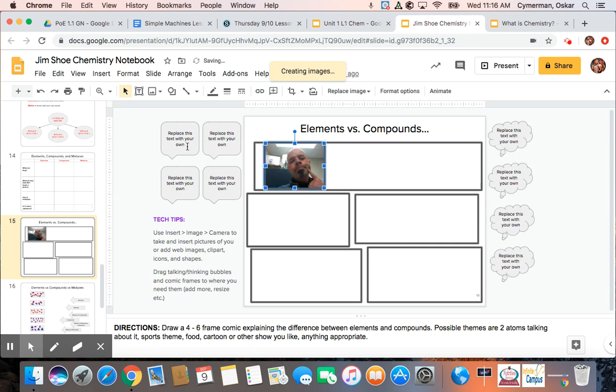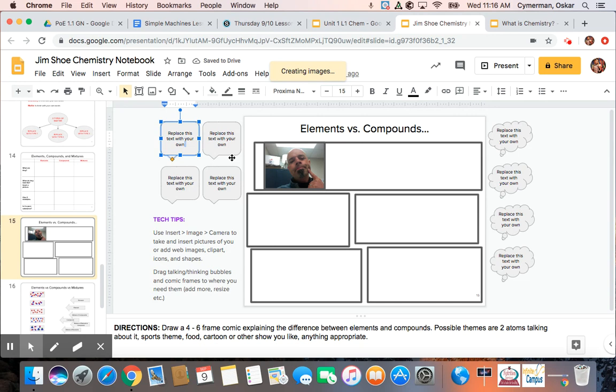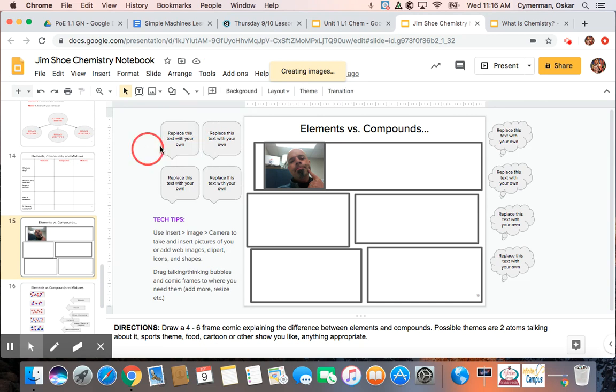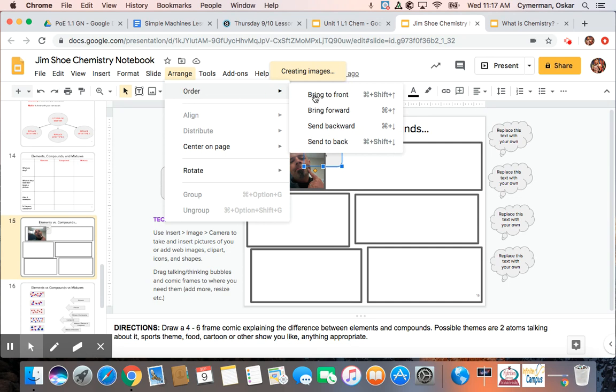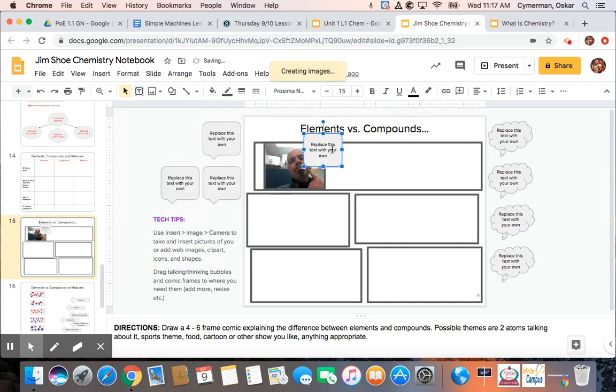And I can maybe take a bubble and say, whoops, drag the bubble. What just happened? Is it being slow? Here we go. So take a bubble and I can say, see how this is showing up behind it? So what you can do is go arrange and order it and bring it to front. Now it's there. And now I can write it in and I could say,